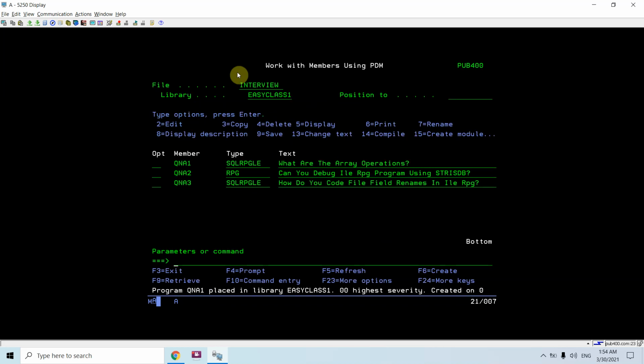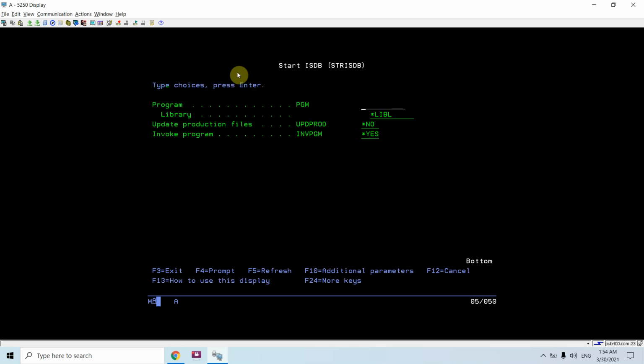You can see the object is now placed in library EASYCLASS1. Let me debug this ILE program with the STRISDB command. Once I have written STRISDB, I take F4.